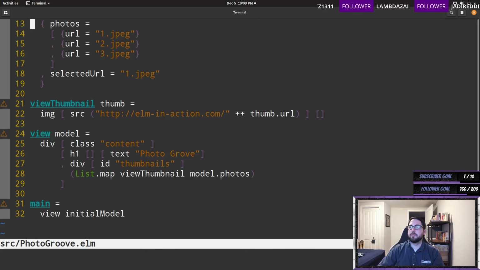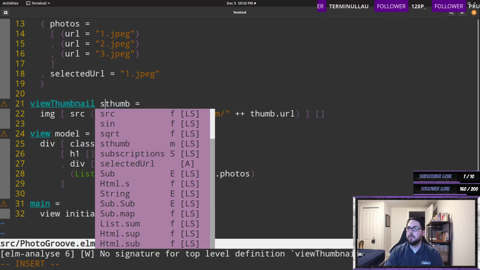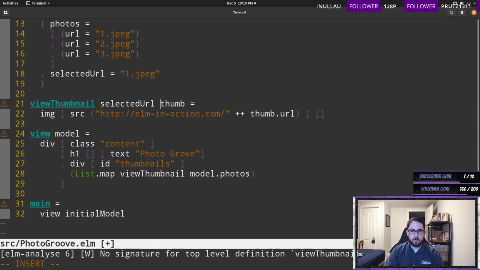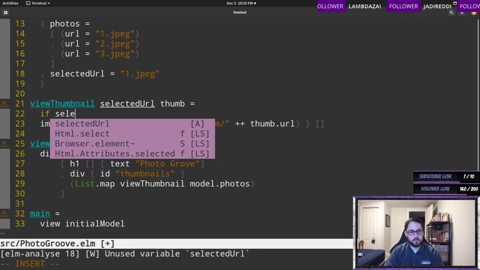Okay. Anyway, sorry. All right, so we expanded the model, we fixed the bug, and now our thumbnail function needs to accept both the selected URL and the thumbnail. This is the code we're writing at first, but we're gonna fix it. So like if selected URL